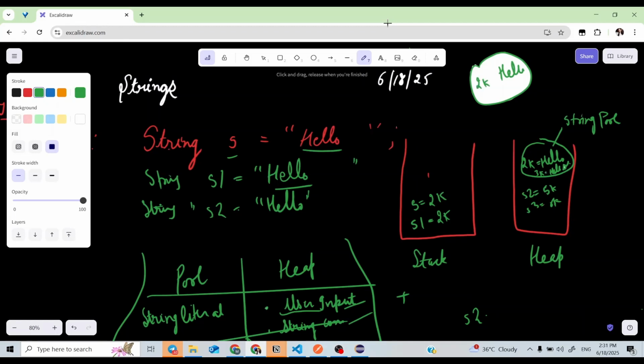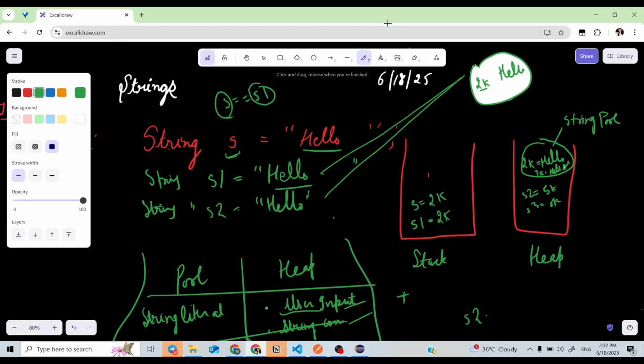Suppose initially we have this s variable at 2k memory location. After this, if we make the same variable again and again, it will share the 2k memory location only. So when we compare s equal to s1, the memory addresses of s and s1 are the same, that's why it prints true.